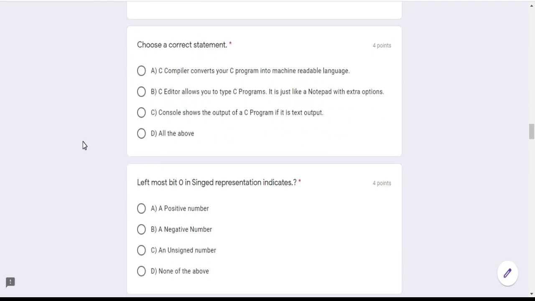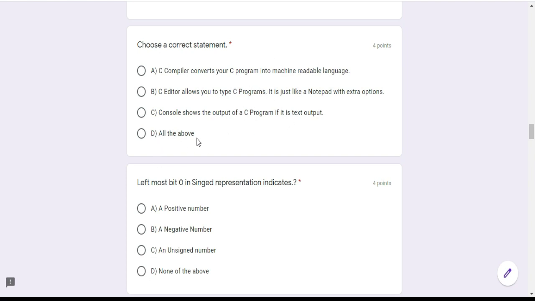Then choose the correct statement. A compiler converts your C program into machine readable code. Yes, it's correct. A C editor allows you to type C programs. It's like Notepad, right? It's also a correct statement. And the console shows the output value. Yes, these three statements are correct.